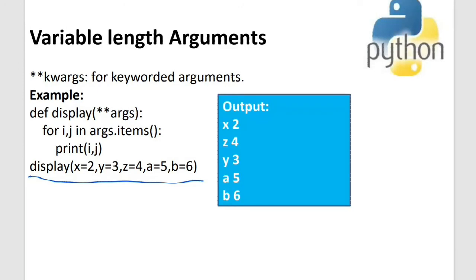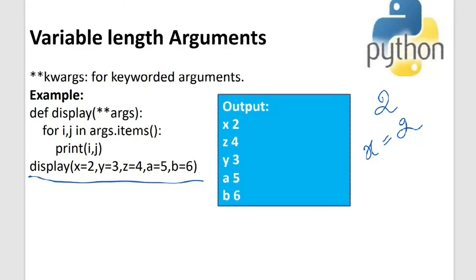Yesterday we have seen what is meant by a keyword argument. Keyword argument means that it will have a name associated with it. So I have x is equal to 2. Simply passing 2 is like passing a normal argument. But when I associate a variable name to it, like x is equal to 2, this is a keyword argument. So when you pass the keyword arguments, you should give 2 asterisks before the argument name. That's the only difference. If you're passing normal arguments, you'll just put a single asterisk before the argument name. If you're passing keyword arguments, you'll put a double star. Is this clear to everyone?